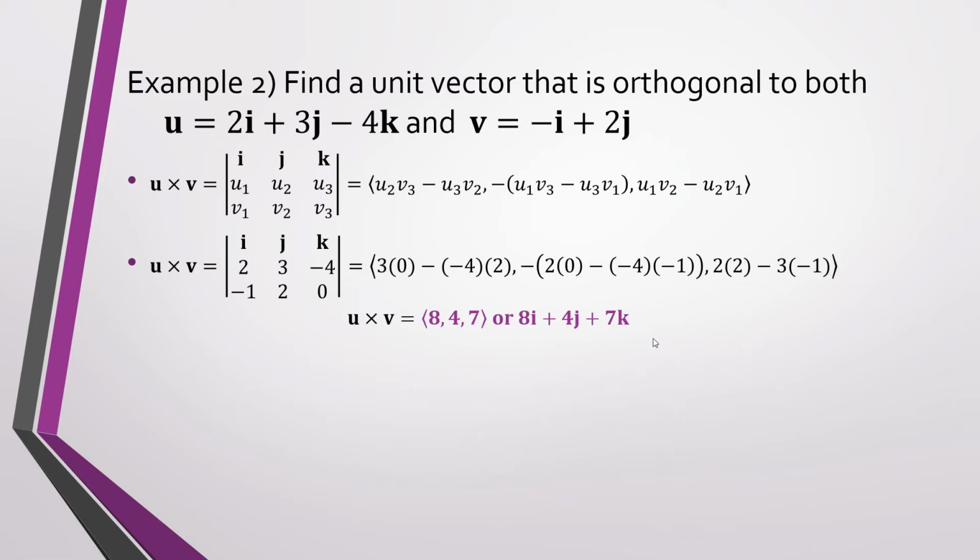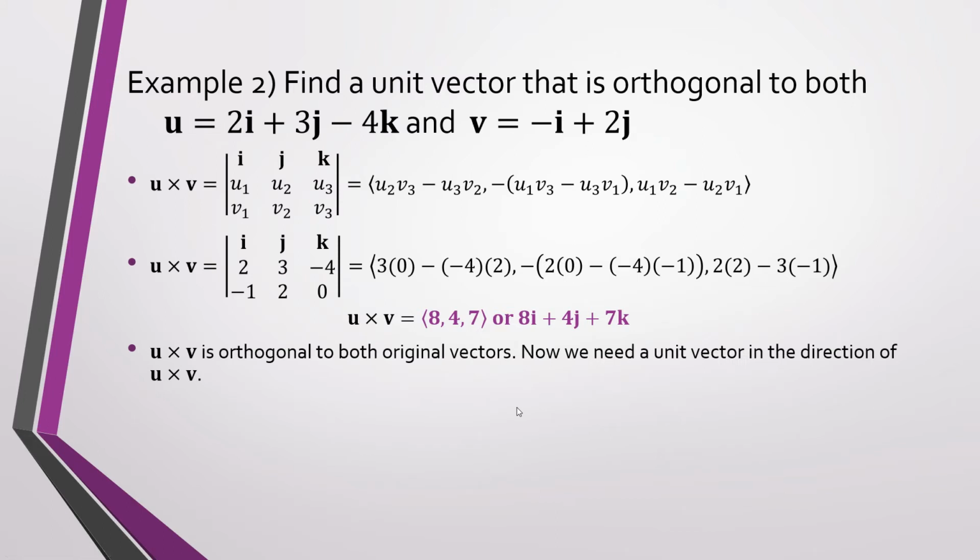So that's our cross product, but the problem didn't ask us for the cross product. It asked us for a unit vector that's orthogonal. So now we need to find a unit vector in the direction of the cross product. And to find our unit vector, we start by finding our magnitude. Remember, our magnitude is the square root of each of our components squared added together. So the square root of 8 squared plus 4 squared plus 7 squared works out to give us the square root of 129. And now, to get a unit vector, you just divide each component of your vector by its